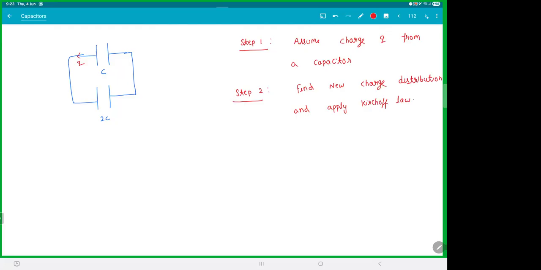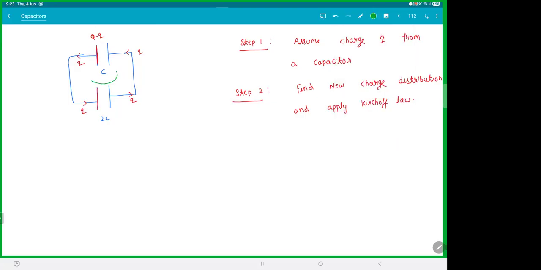Okay. So assume Q charge will go from the battery. So how much charge will be here? Q minus Q. Remember, this is the positive plate. So this Q will come and hit this plate. So how much charge you'll get? Q. The charge Q will continue to flow and the charge Q will come back. So remember, if you say charge Q is coming, it has to go and come back, right? And then